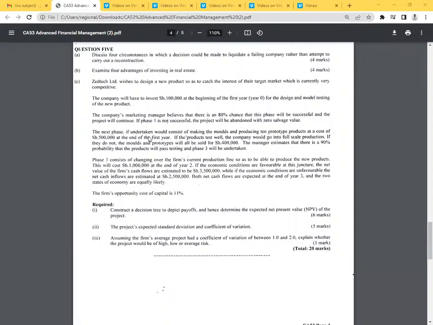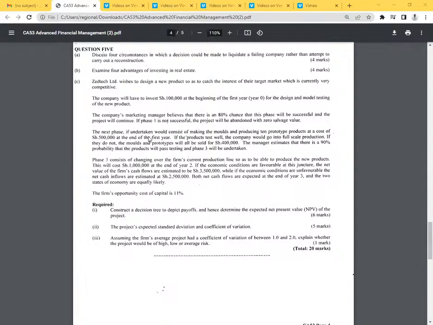DCL Limited wishes to design a new product so as to catch the interest of their target market, which is currently very competitive. The company will have to invest 100,000 at the beginning of the first year, which is year 0, for the design and the model testing of the new product. The company's marketing manager believes that there is an 80% chance that this phase will be successful and the project will continue. If phase 1 is not successful, the project will be abandoned with 0 salvage value. The next phase, if undertaken, ladies and gentlemen, if I could just capture the first phase,